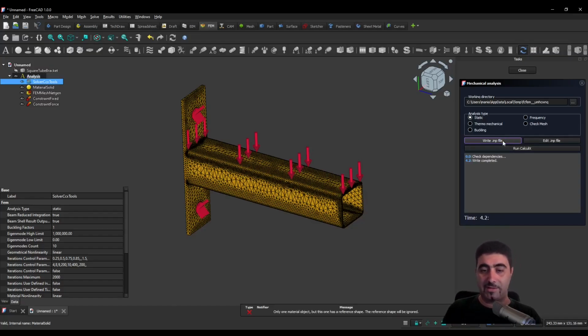That's what the .inp is, and we got an error. The error says only one material object, but this one has a reference shape, and the reference shape will be ignored. FreeCAD weirdness. Sometimes the analysis won't work until this goes away, and sometimes the analysis will work with it. And in this particular case, I'm pretty sure the analysis will work even with that error,